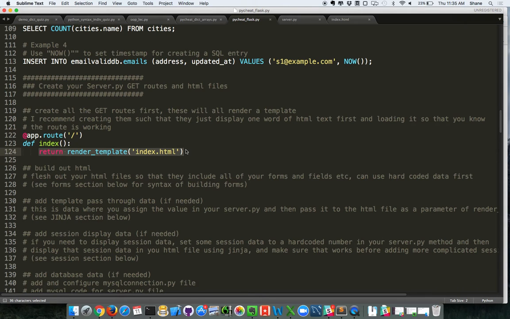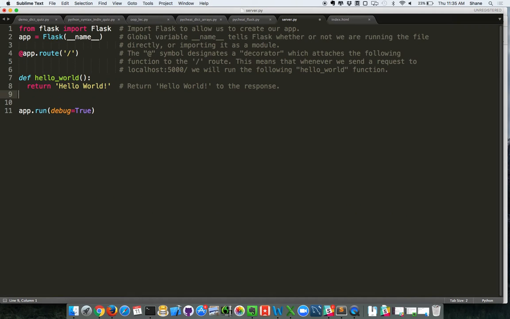I'm going to do a render template. What it means is that render template already looks for an HTML file inside the templates directory. That's why you have to have a templates directory that you create in advance. And it's going to find the file called index.html. So this will point to this file that I've created, and if I refresh the page and go to the slash route again,